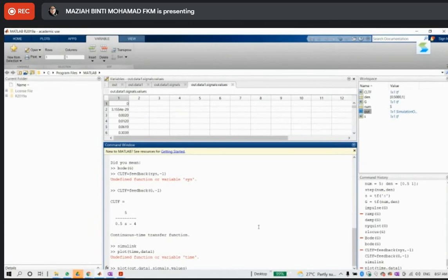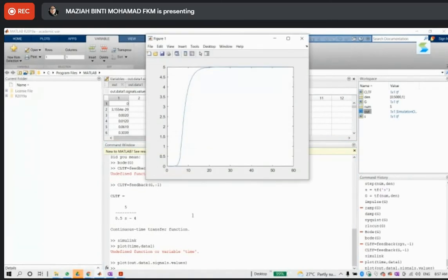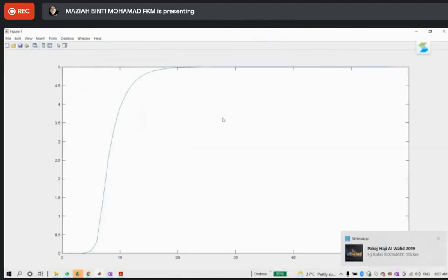What we're going to plot is the data: out.data1.signals.values. If you don't know the variable name, just look at the name here. This is the name of the variable. So we're going to plot that. This is the response. So if you plot in MATLAB,